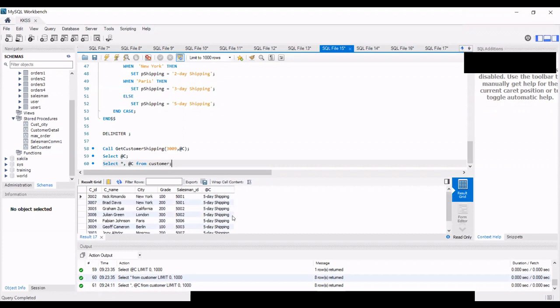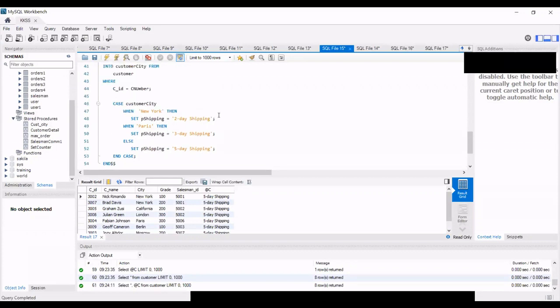Yeah. Okay, understood. So what you wanted is that it would read the complete table, and for each customer it should give what would be the days. Did you want something like that? Yeah, now we got the idea of what I want. Now we can just select star, @C from customer where customer ID equal to 3009, and I will get whatever I wanted. Yeah. So these were the if and case statements.